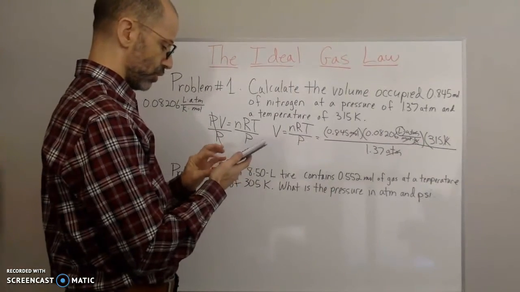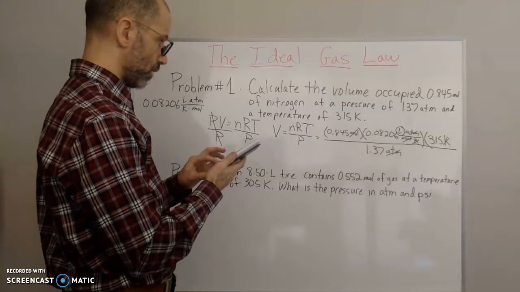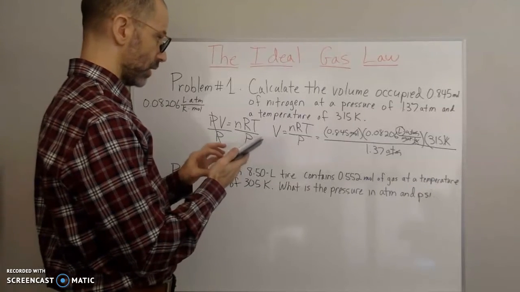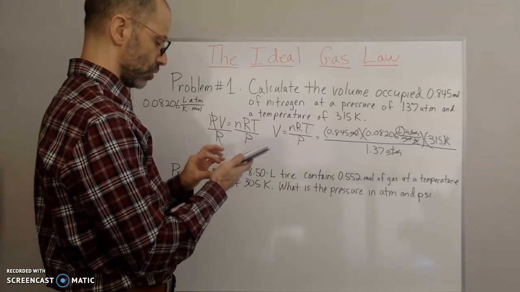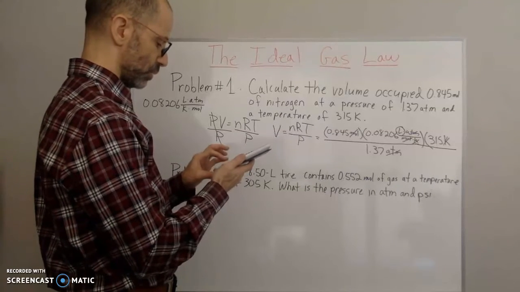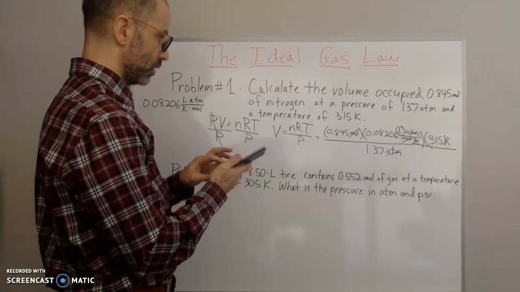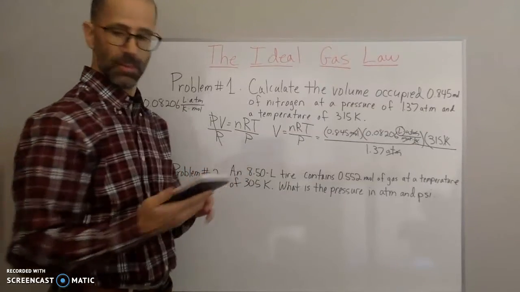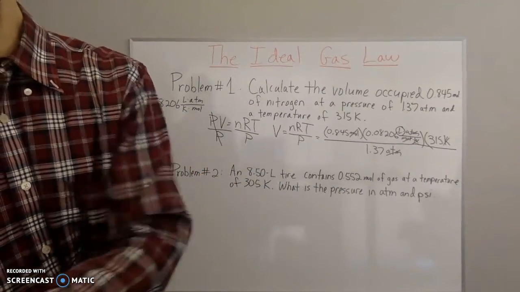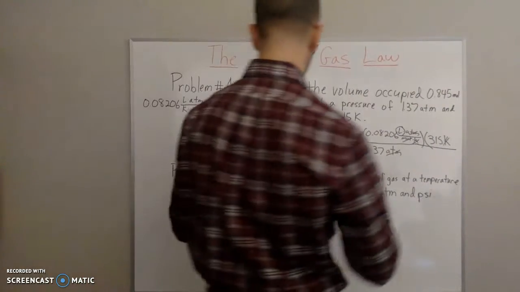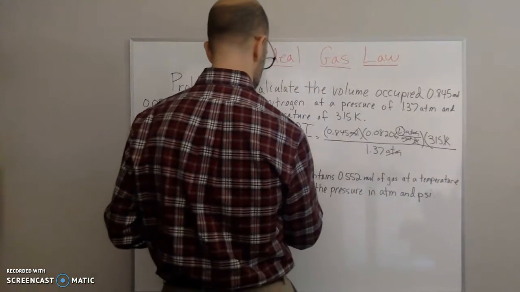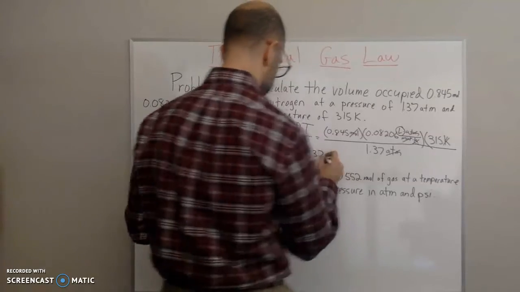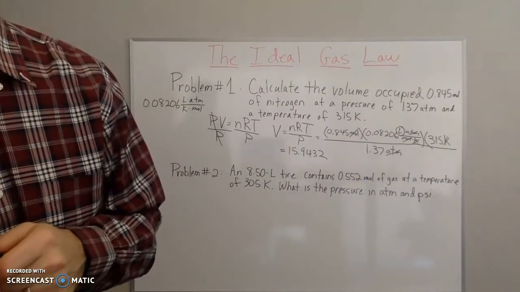So we do 0.845 times 0.08206 times 315 divided by 1.37 equals, and I get 15.9432. So volume is 15.9432